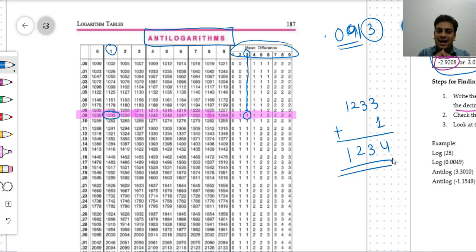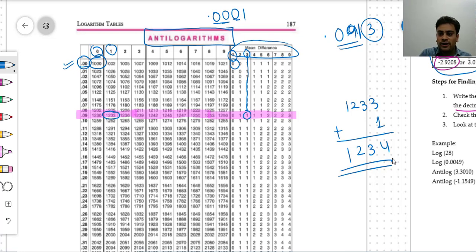So we use the Mantissa exactly after the decimal. Even if you have, let's say, 3 zeros, you will use 3 zeros. The first value is 0.00, and suppose you have 0.001: the first two digits are 00, the third digit again is 0, so this is equal to this, and 1 is your mean difference. In this anti-log case, you have to use the exact number after the decimal. You cannot ignore zeros after the decimal. Whatever number is there, you have to use the exact Mantissa value, right?